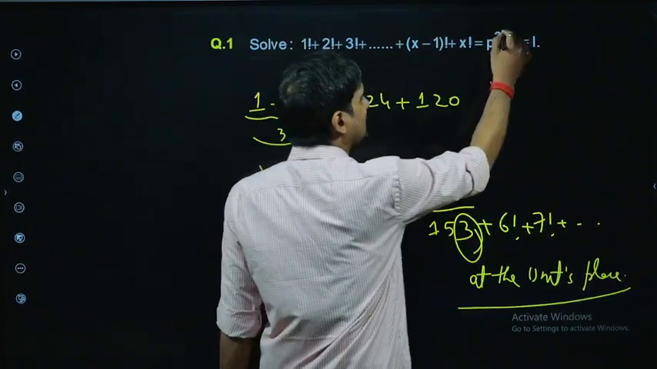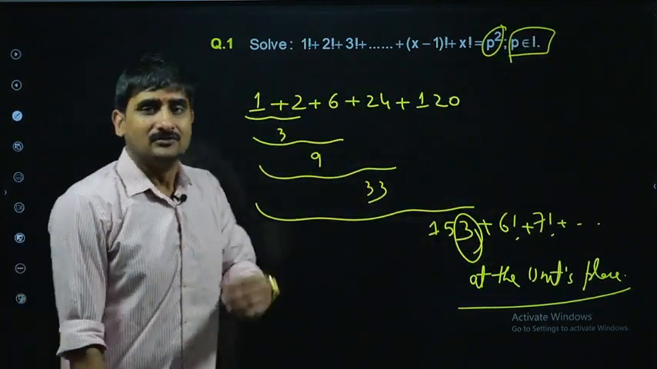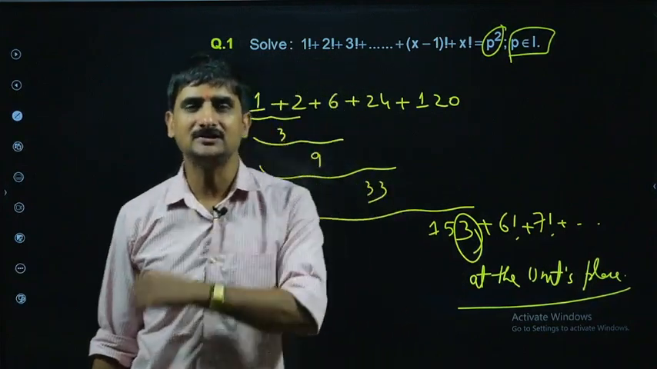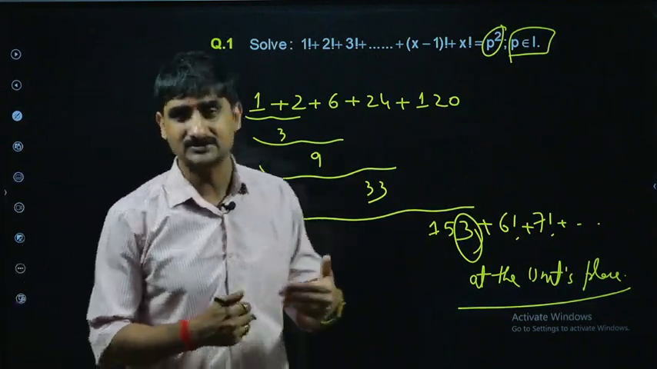Now we are solving it for p square, where p is an integer. Now, can you think of an integer whose square has 3 at the unit place? The answer is no. 1 square is 1, 2 square is 4 at the unit place, 3 square is 9 at